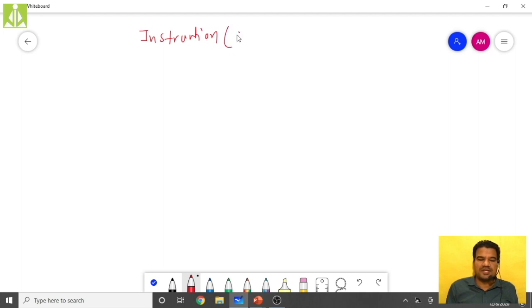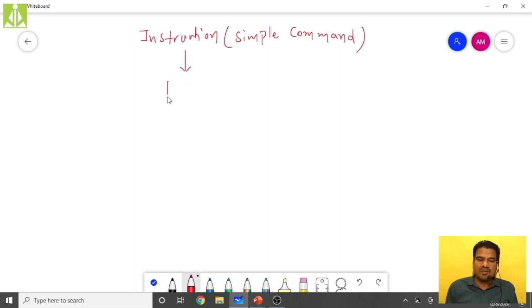Instruction, we said it is a simple command. Any simple command given to the computer is, in a sense, an order, isn't it? Basically your computer always requires orders in order to fulfill your work. Even if you are giving the same work again and again, you have to give it in terms of instructions only, in terms of simple commands only. So if you mix all these instructions together, if you put more than one instruction together, then